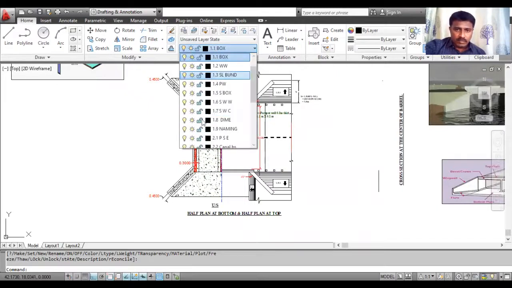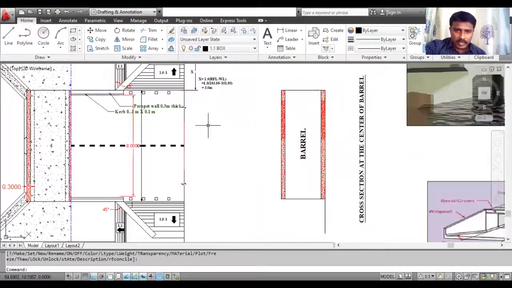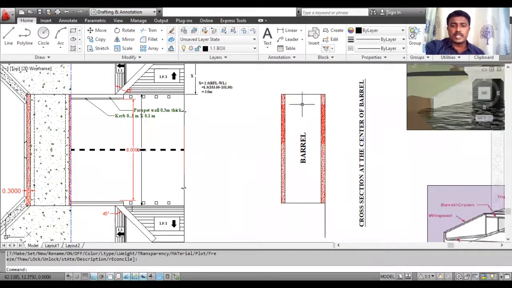So here the first procedure is draw the size of the barrel. Here, this point, from here to here I have made projections. So this edge is projection like this. So this is the bed level line. This is the thickness of bottom slab. This is the thickness of top slab. This height is 4 meter, that is given in your problem. So this is the first procedure, draw barrel.